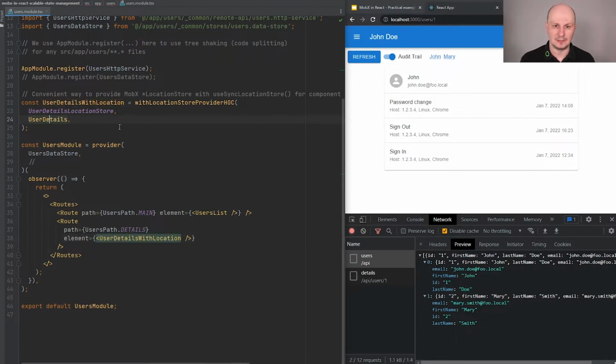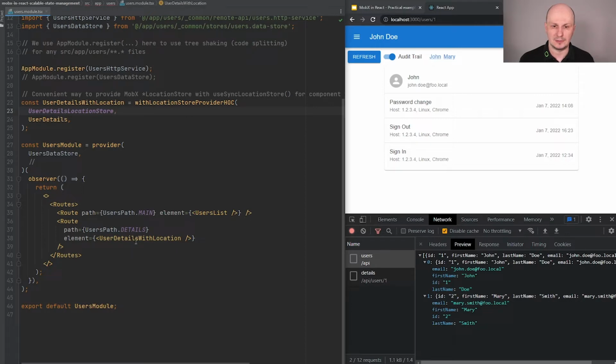The details component is wrapped with the user details with location higher order component, which synchronizes location parameters with the Mobix store. So all the stores inside this module may inject location details. I'm going to talk about this location store in the next episode.